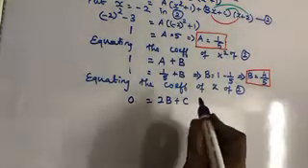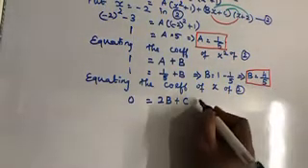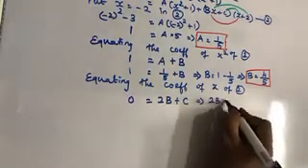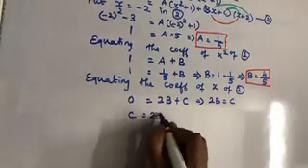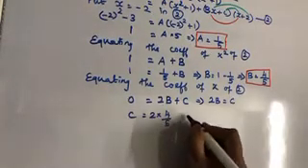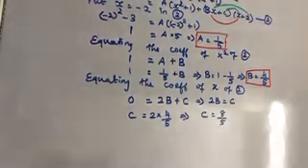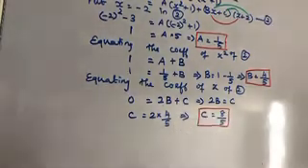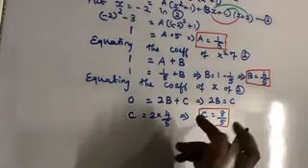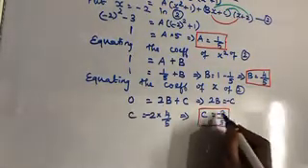Okay, 2b plus c, but we know the value of b already. So 2b is equal to minus c. Okay, so c is equal to 2 into 4 by 5. That implies c is equal to minus 8 by 5. Okay, now shall we substitute the values of a, b and c? 2b is equal to minus c, is it? So minus 8 by 5.